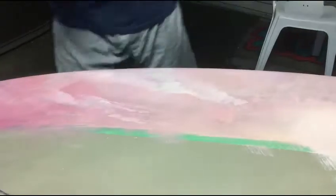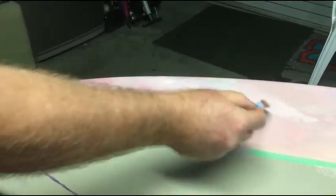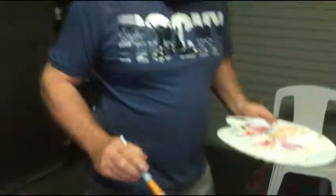So I'll let that dry a little bit now, and then when I blend that, it will look lighter than this area, and it'll give it 3 dimensions to the cloud, otherwise it'll look flat. Same over here,